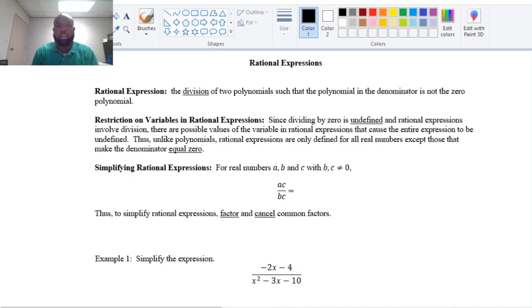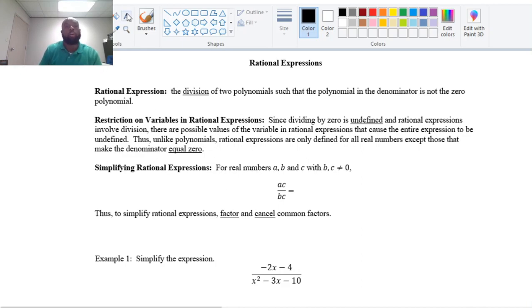In this video, we're going to discuss rational expressions. Remember, a rational number is any number that can be written as a fraction. And so now we're going to make this algebraic by looking at rational expressions. Basically, rational expressions involve the division of two polynomials such that the polynomial in the denominator is not the